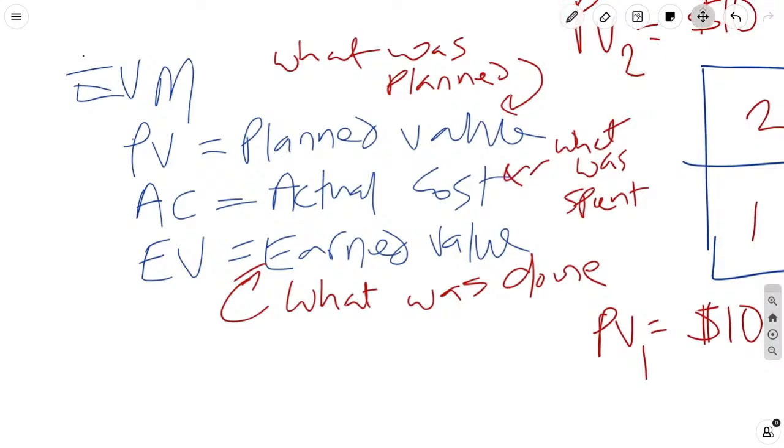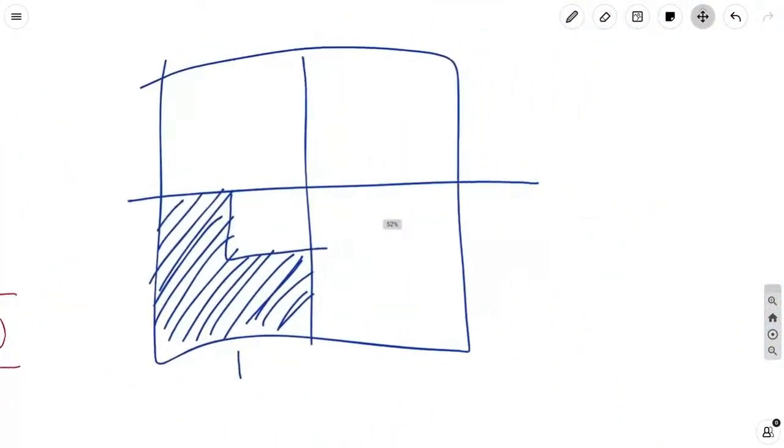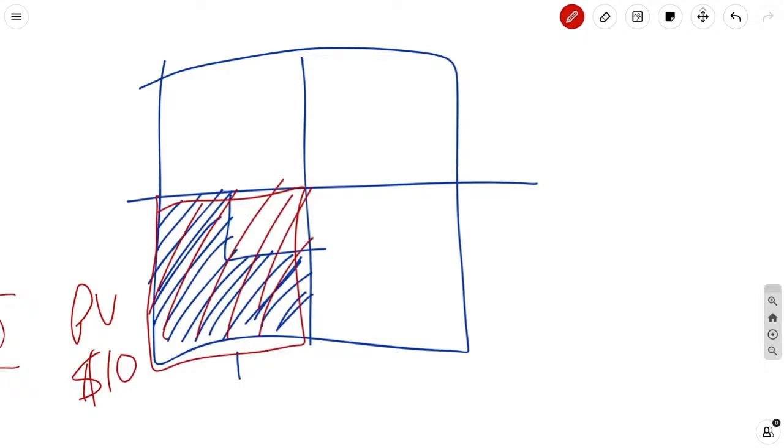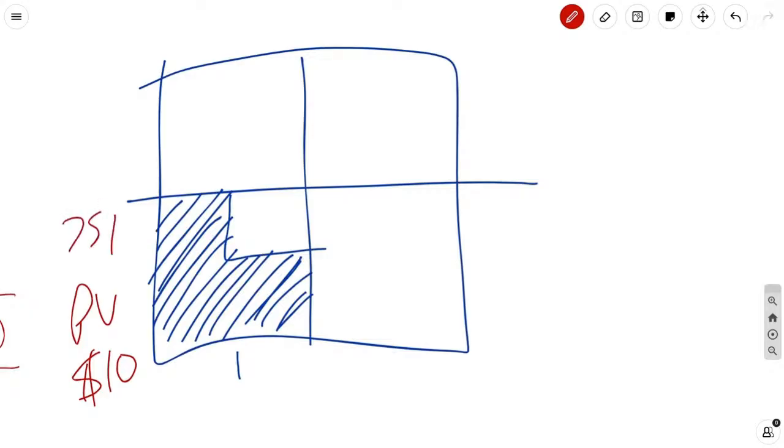So when we go over to this example of what happened really on the project, we already know that what was planned was $10 worth of work. And we know that what was planned was the entire area. The entire area was planned, but when you boil it down, the entire area wasn't done. So, math minds in the room, tell me what percentage was completed? The answer is 75%. This is 3 quadrants out of 4, which is 3 out of 4, 75%. Okay? So we know that 75% of the work was done.